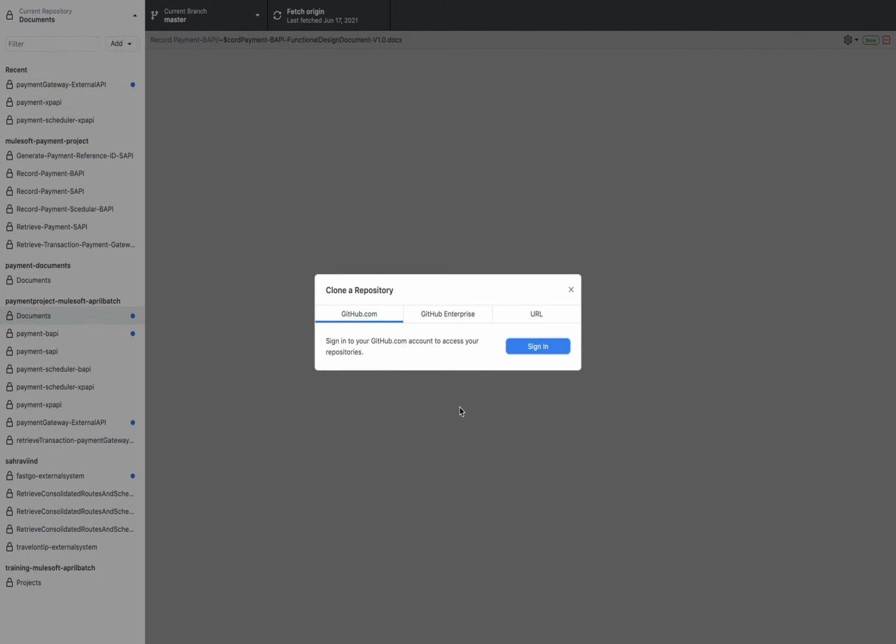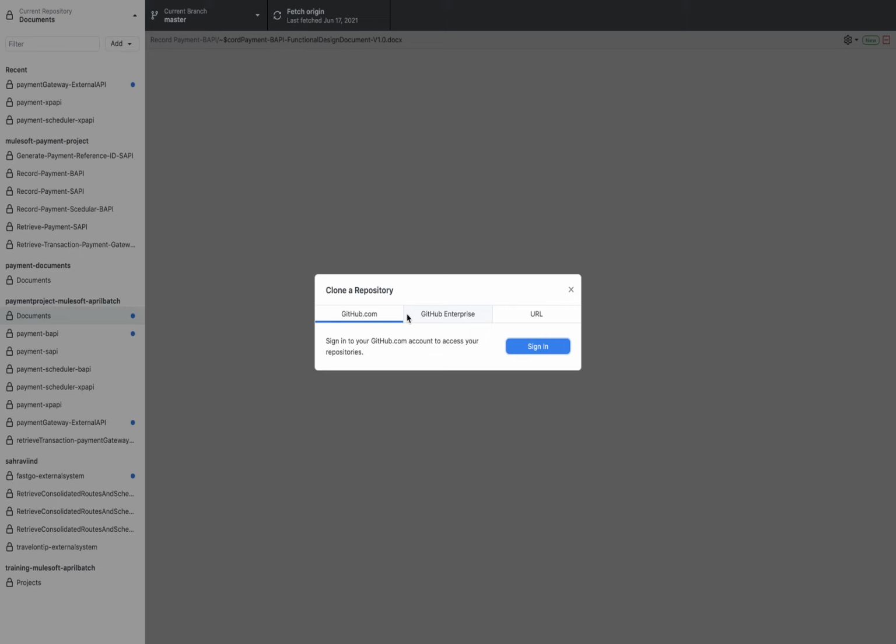Now I will tell you what clone repository is. Whatever repository we created on the server, that is our Git server. When I want to see that repository's data, be it files or anything, in my local system, I need to clone that server repository to my local system.